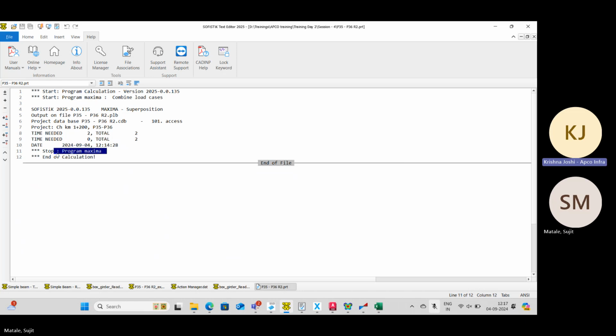मैक्सिमम करके रन किया था ना हमने, अभी जो था ना एक को हमने सुपरपोज किया था, तो उसके बैकएंड में मैक्सिमम चल रहा था।